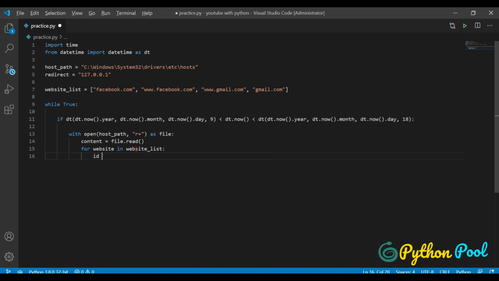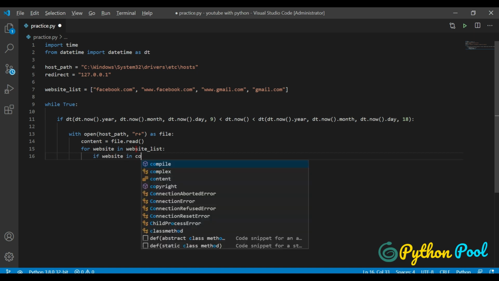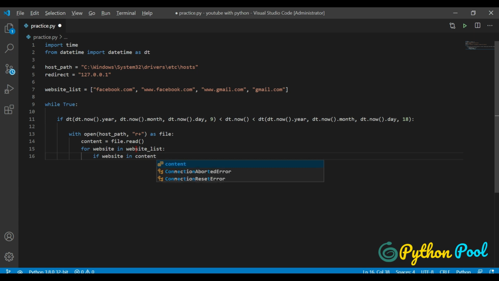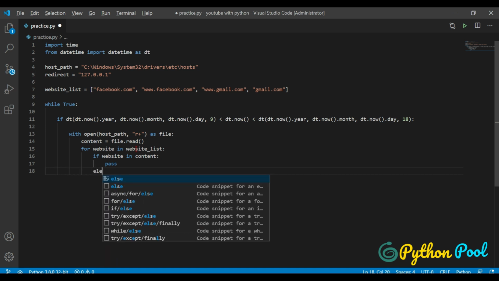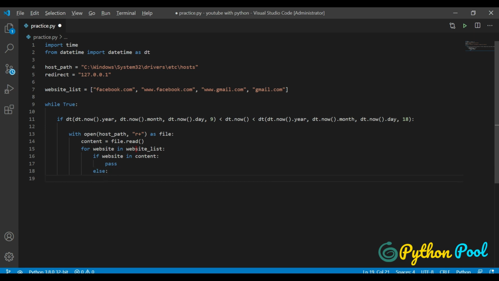If this website is already present, in where? In host file. If it is already present in host file, we don't want to write it again, right? So we want our function to pass. If it is already present, then it's okay, we don't want any change in it. And in case it is not present, else, if it is not present,